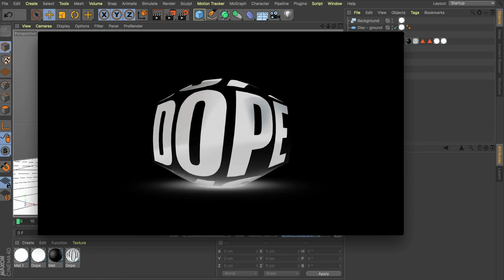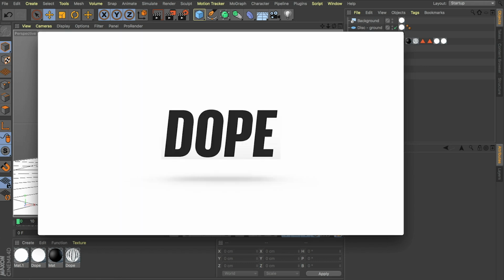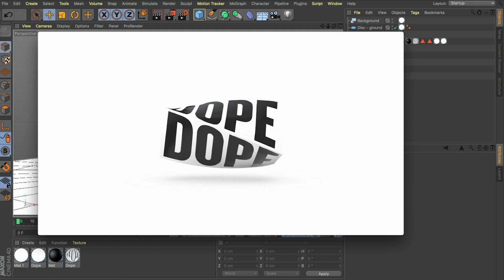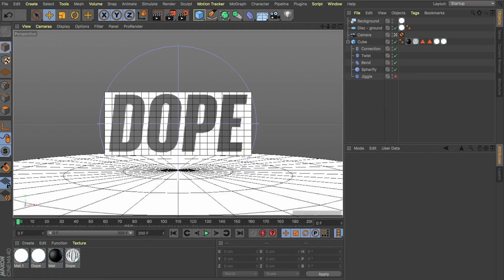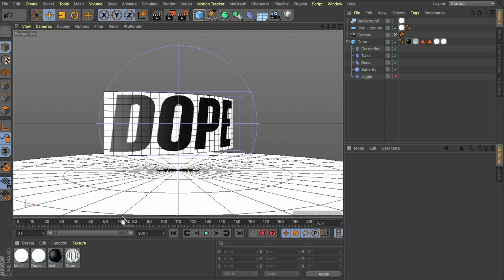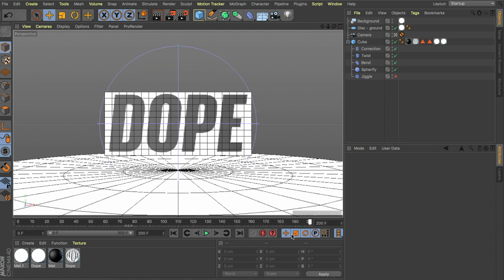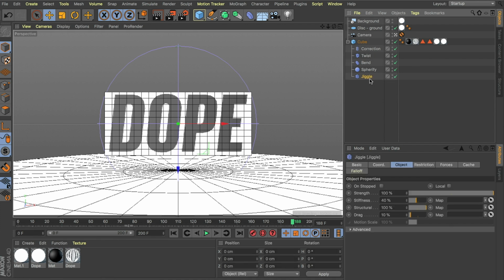We've got this great little looping animation, 200 frames, that jiggle deformer, really just as that base layer, enhancing all the other ones, and then those correction deformers to be able to make selections on primitive objects. I think that's a really powerful thing. So hopefully you've been able to take away something from this one. Just a bit of a beginner's tip to jump in and start using deformers to enhance your keyframe animation. All right, thanks guys. I'll see you again soon.